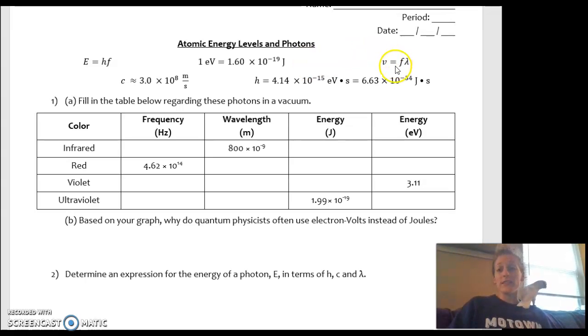Okay, and then we still have velocity is equal to frequency times wavelength, where since these are all waves on the electromagnetic spectrum, the speed of the wave, what we call the speed of light, we represent